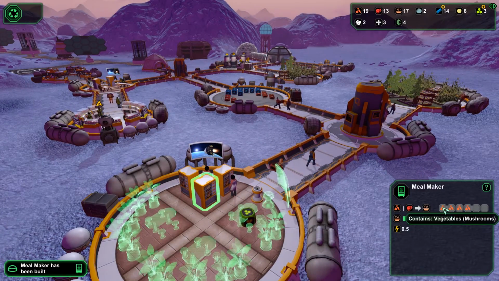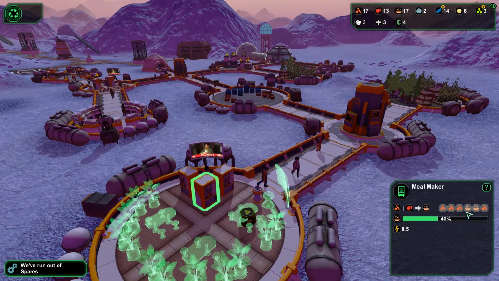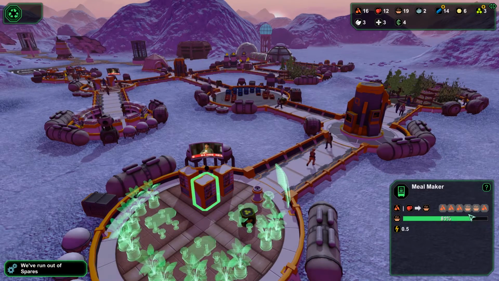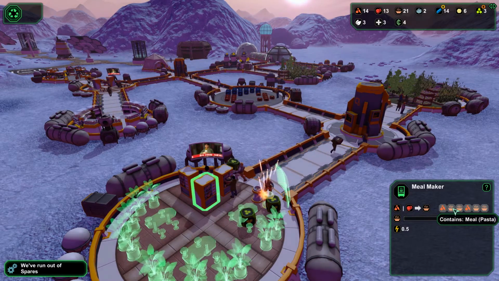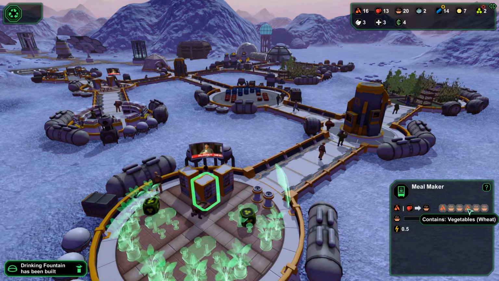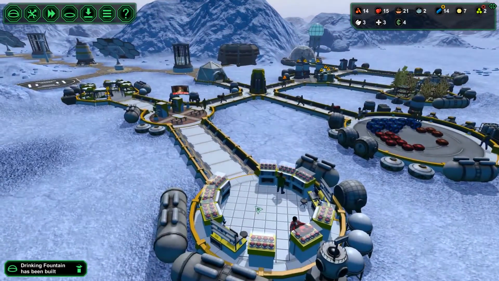And they're all producing mushrooms and wheat, and mushrooms and wheat, and mushrooms. Yes, we're going to get pastas and burgers hopefully coming online. Can we get some pastas and burgers? Pasta. Okay, we got a lot of pastas. Wheat and wheat, yes. So we just need meats to get the burgers up, which will come from there,